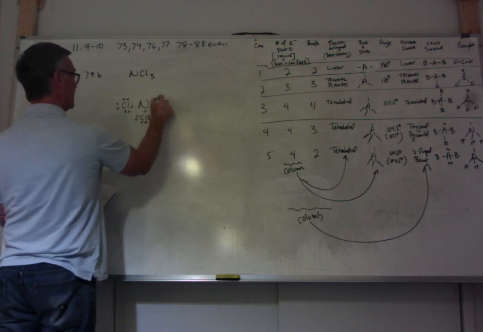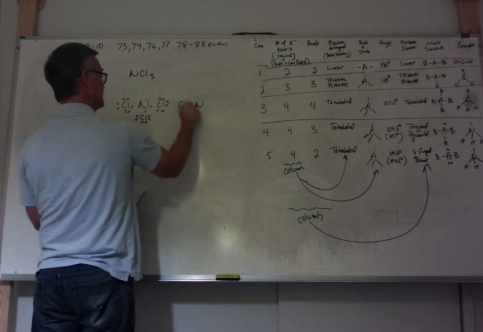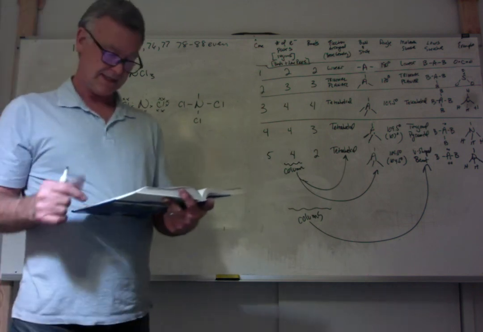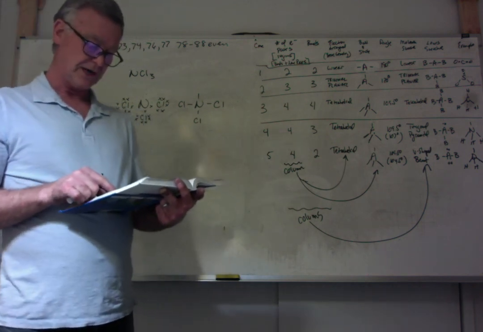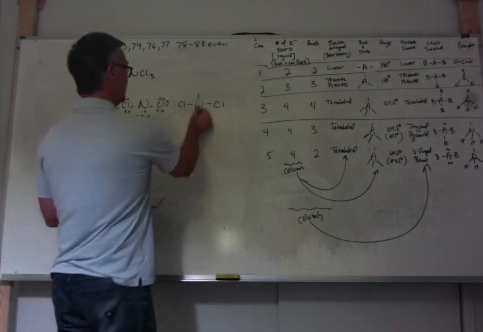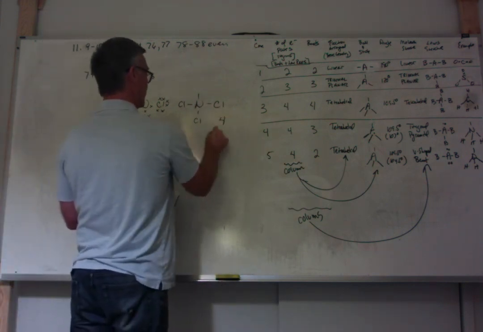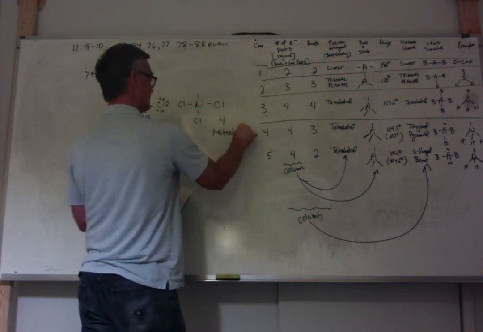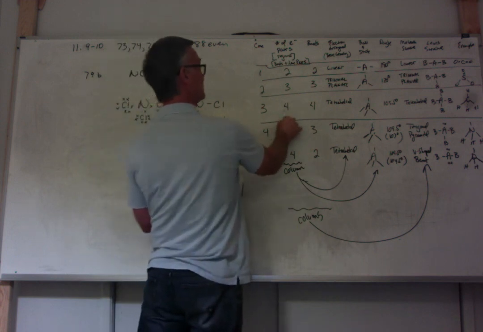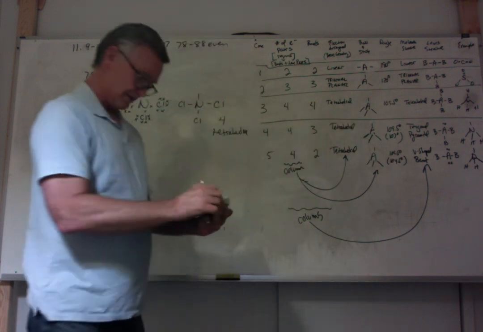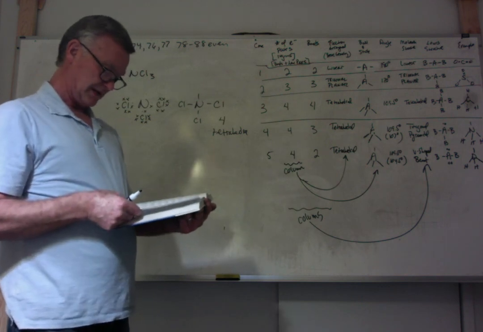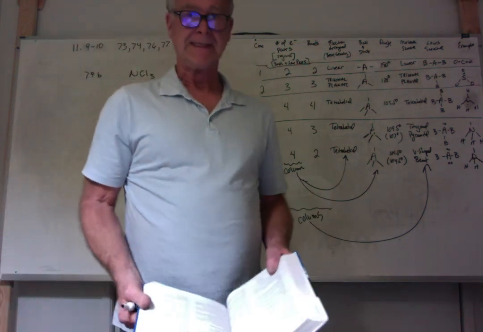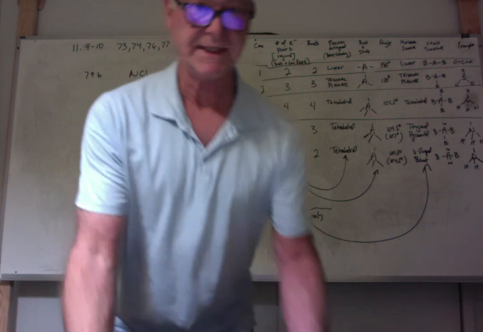So if I draw this out, it's going to be N, Cl, Cl, Cl, like that. And so we would say the number and the arrangement of the electron pairs. There are 1, 2, 3, 4, and it would be tetrahedral. That's what they're after. So it's this column, how many pairs, what's the name of it. On problem 81, it talks about the VSEPR theory. And I just realized I forgot the VSEPR theory. So I'm glad we did that. So let me quickly